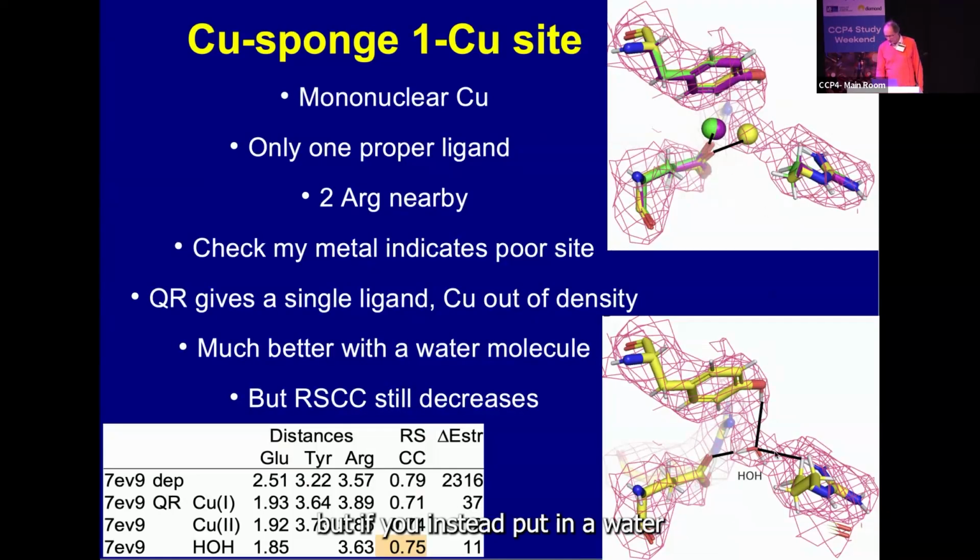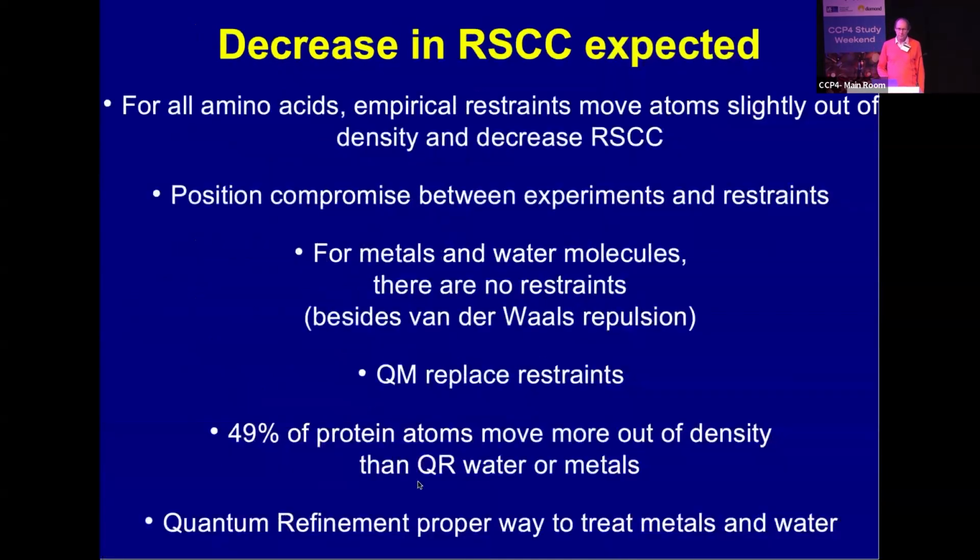But if you instead put in a water molecule there, then you get a very nice hydrogen bond network. Everything fits fine. And you get a real space correlation coefficient that is a little bit better than the copper site, but still worse than the original structure. And if you think of it first, it might be sad that something moves out of the density, but if you think more about it, it's rather natural, because